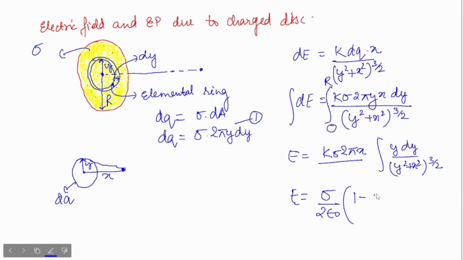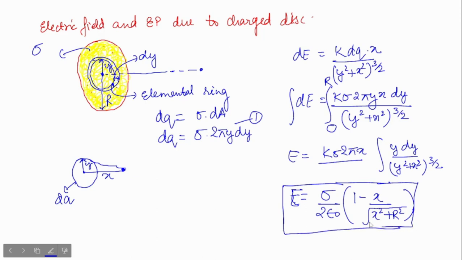1 minus x upon under root of x square plus r square. This will be the final expression of electric field due to a charged disk, okay, at its axis,